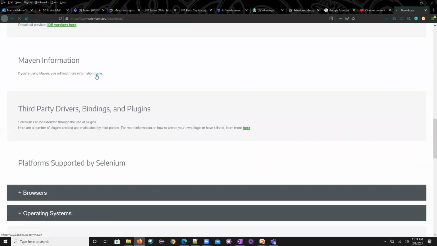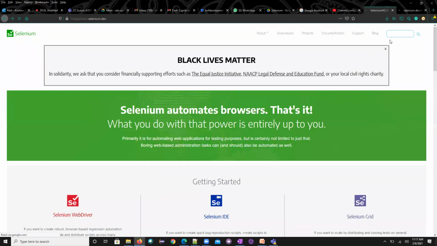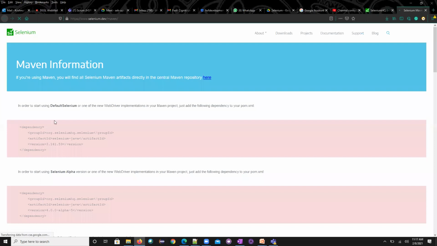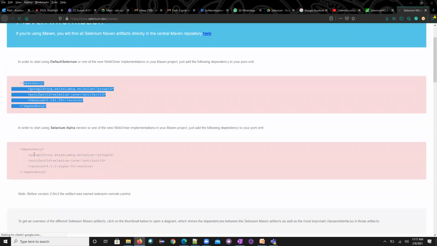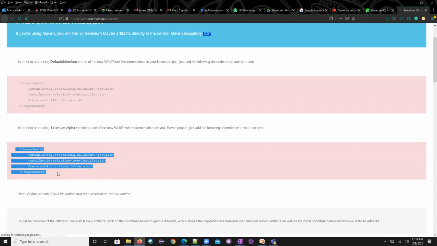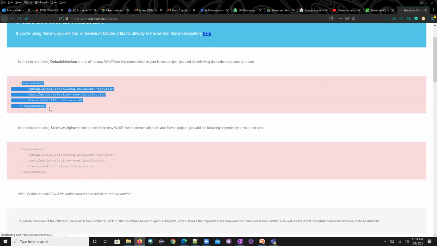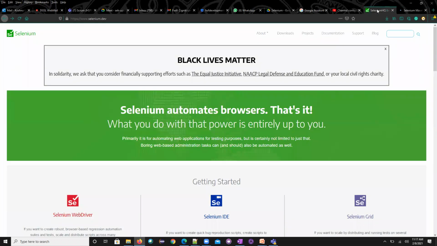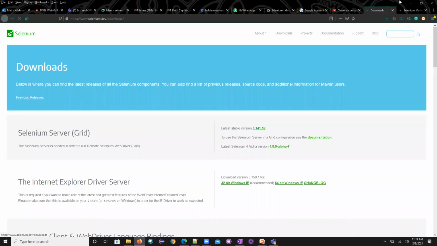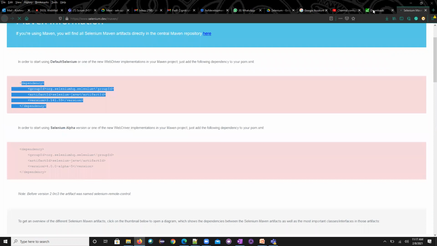So you can go and see the Selenium Maven over there. Okay, so now these are the Maven dependencies. Hope you understood. If you wanted to install Selenium, we just need to copy this dependency and keep it in the Maven project. It will bring everything back for you. There is no need to configure all those things, so Maven will take care of that.